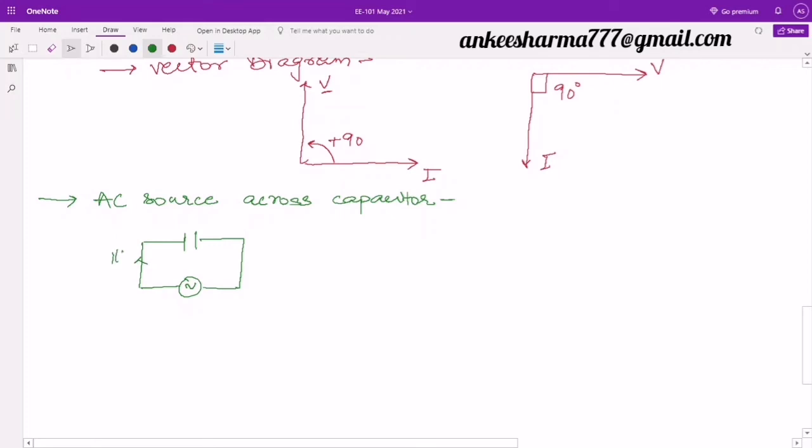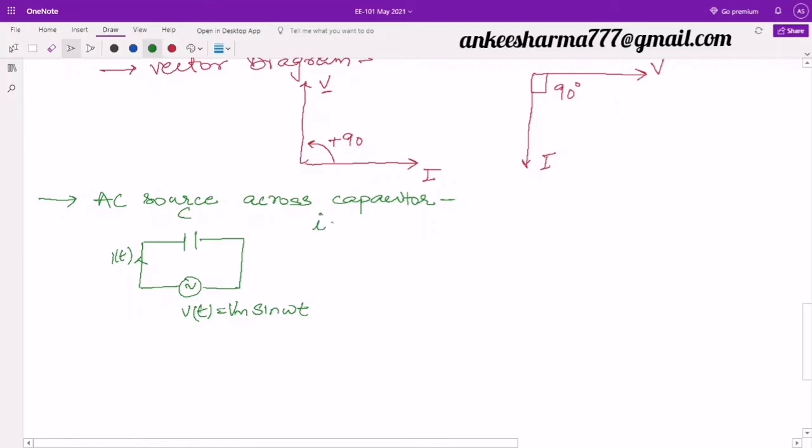The value of voltage will be V of t equal to Vm sine omega t. Now in this case we take a voltage, because we have the formula for the current,